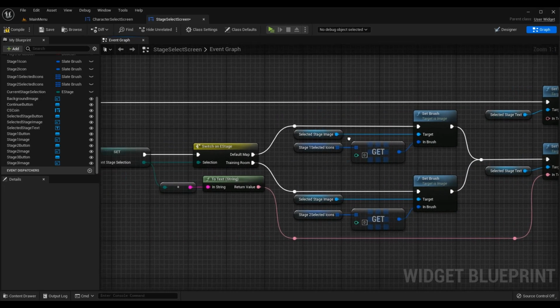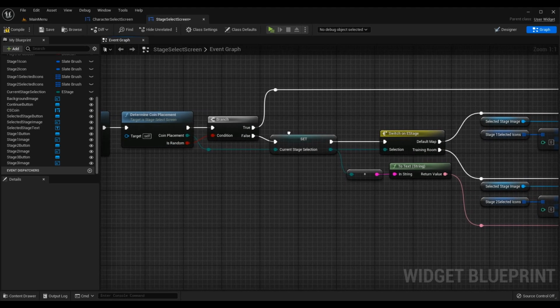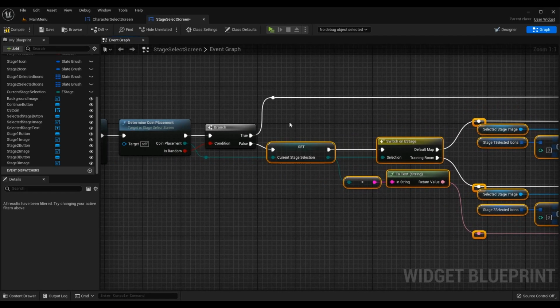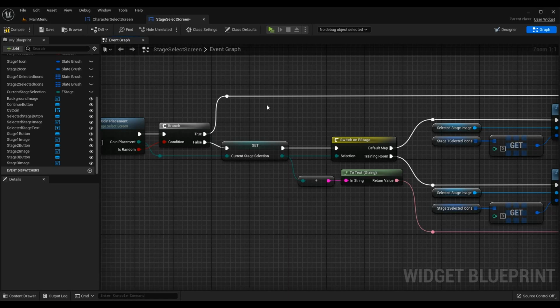The other case is if it's random. We have this boolean coming from determine coin placement for if it's random, and we were only doing the logic to set these brushes if it wasn't random. If it is random, we do some other logic to set the image to be that question mark. However, we want to do something else for this today. So if the branch is true that it is random,